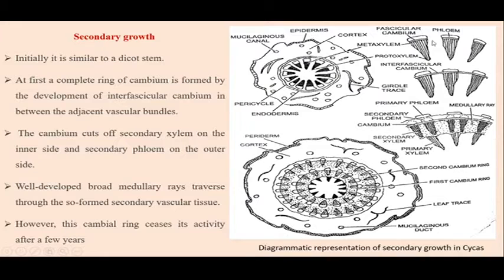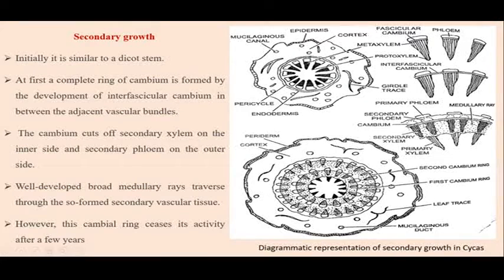At the time of secondary growth, the parenchymatous tissue between two vascular bundles becomes meristematic and forms the interfascicular cambium. This interfascicular cambium and the intrafascicular cambium both join to form a complete ring of cambium. And this cambial ring, on the inner side, forms the secondary xylem, and on the outer side, it forms